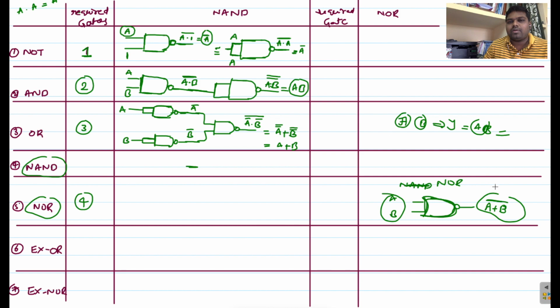Same thing you can perform with the help of NAND gates. Already here we did A plus B. Here we are getting A plus B with the help of these three NAND gates, but we need A plus B whole bar. That means one more NOT gate is required. In order to implement the NOT gate, one NAND gate is required. So you can take the same configuration here. For this you can add one NAND gate, so that is enough to get this A plus B whole bar, right?